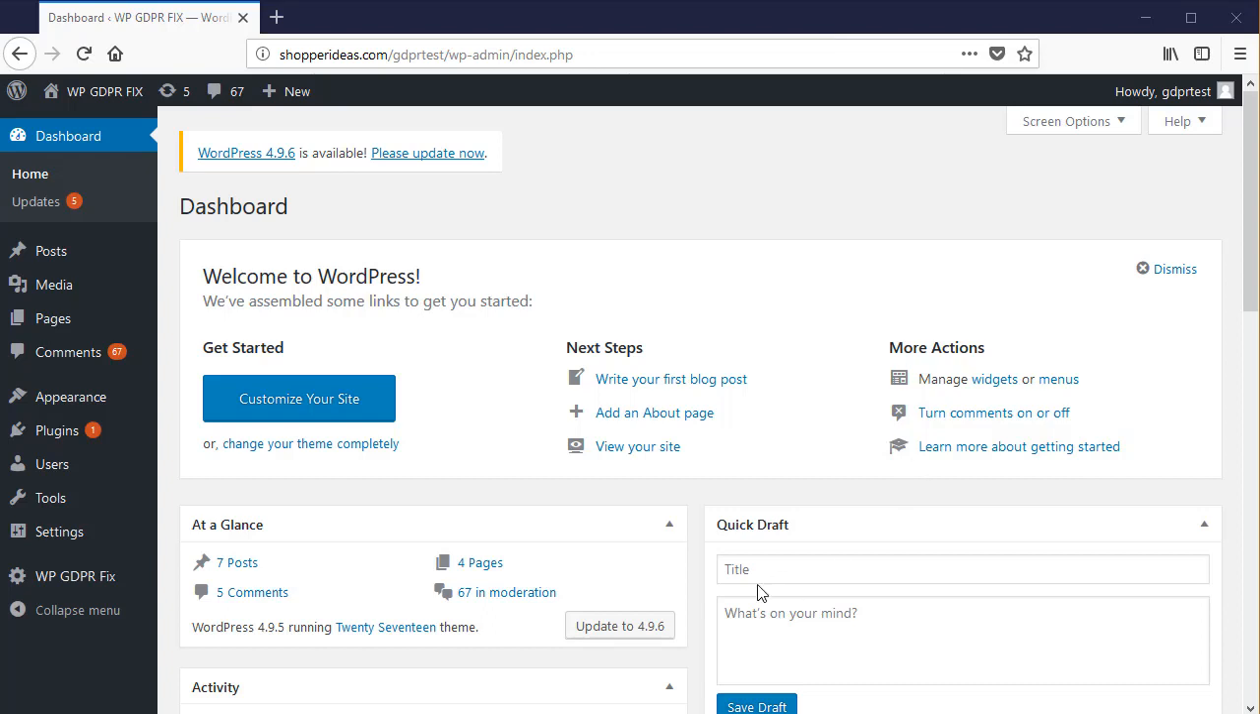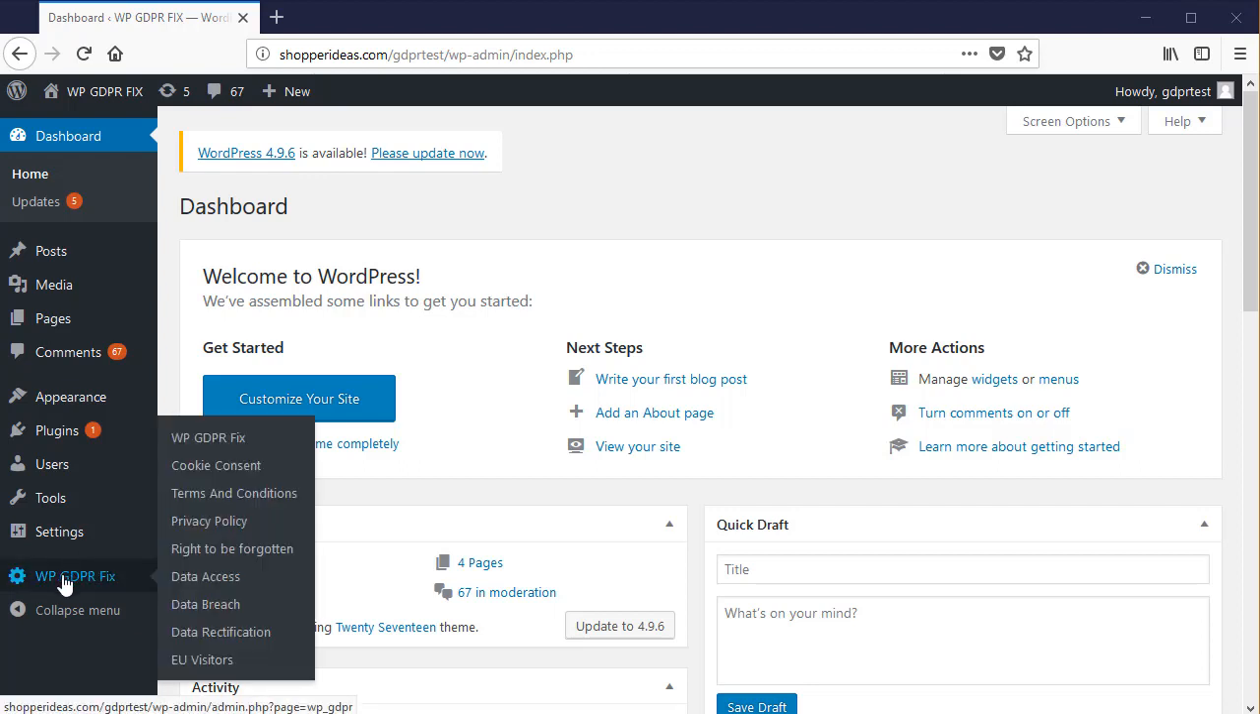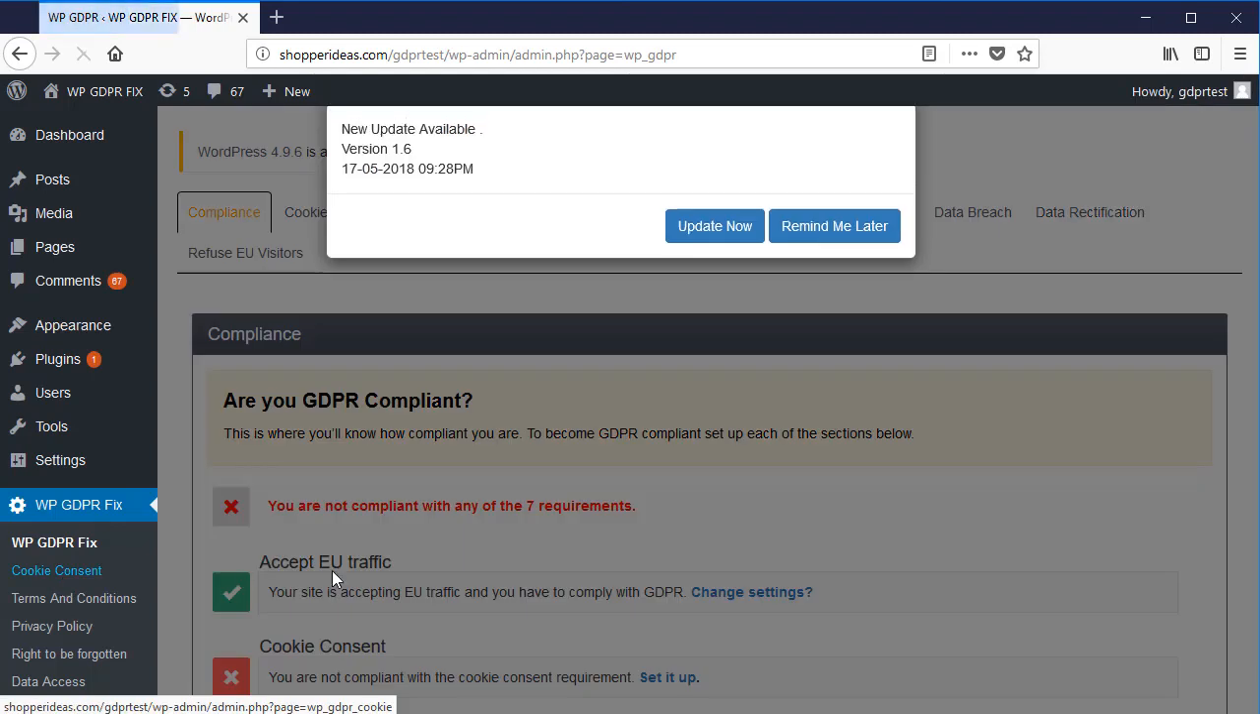WP GDPR Fix will notify you whenever there is a new update available and whenever we make new features. So it's very important for you to follow these updates and get the latest update possible. And right now the notification system is inbuilt in the plugin. When you go to the plugin page, it'll check the website that we have for fresh versions, and if it